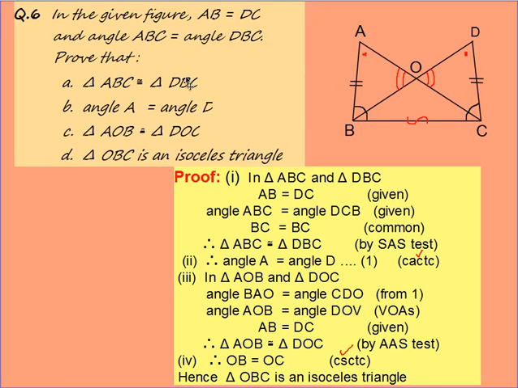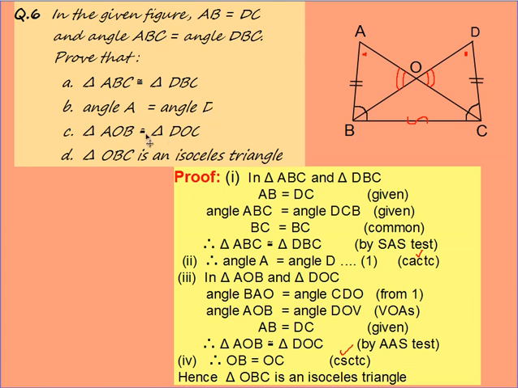So I am just taking these two triangles. I have taken triangle ABC and DBC easily. AB is given DC already, and then angle ABC is given DCB, and BC is common. So I have applied SAS test, and then I have taken these two angles, angle A and D. I have taken this because next they are asking A and D. So I have marked angle BAC is angle BDC. I have written angle A and D by corresponding angle of congruent triangle. So my second property is also solved.